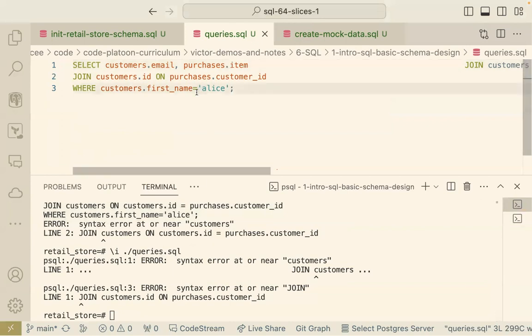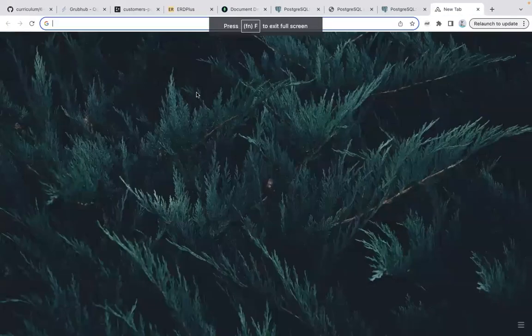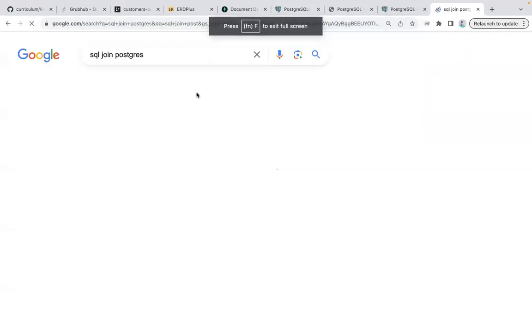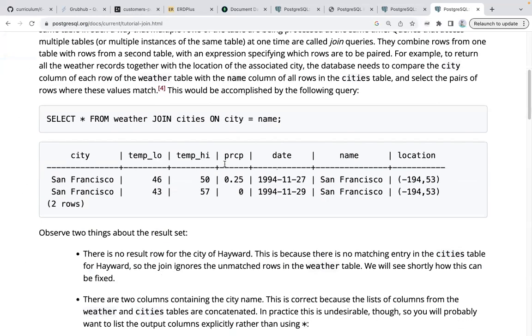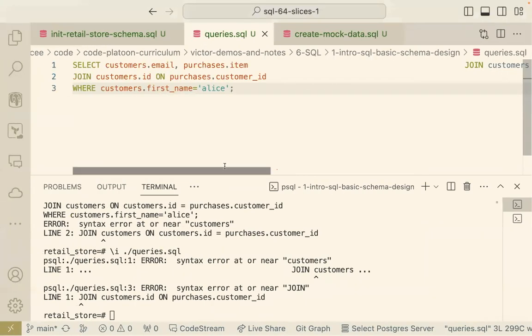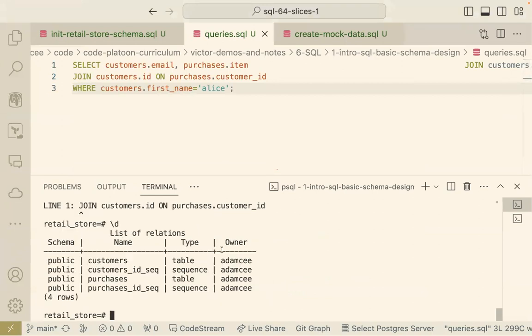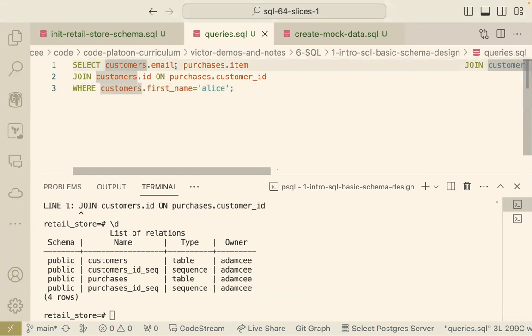Yeah, so I'm pretty sure I probably just have a syntax issue going on here. Or I have a typo somewhere else. You did recreate the table earlier, right? When you were adding and dropping them. That is a great call. I did indeed recreate the table, and we've got customers and purchases, and we've got select customers email. So